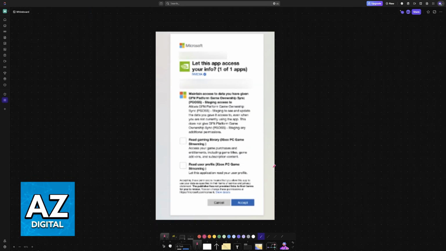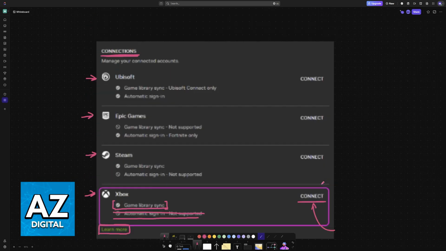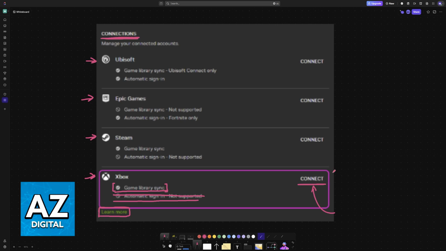By doing this, you will be redirected into a web browser on the Microsoft sign-in page. In here, you will have to approve your connection, so sign in using your Microsoft account, and NVIDIA is going to ask for permission to connect to your Microsoft email address. If you want to be sure to use all of the Game Pass features, make sure that you tick these boxes here, let this application read your user profile, access your game purchases, and if you accept the terms and conditions, the link will be established. It's as simple as going over to the settings and choosing connect under Xbox.